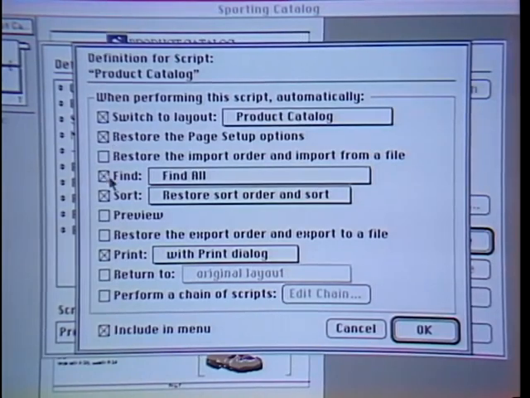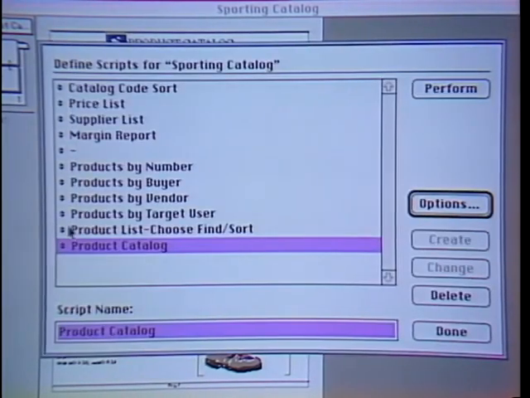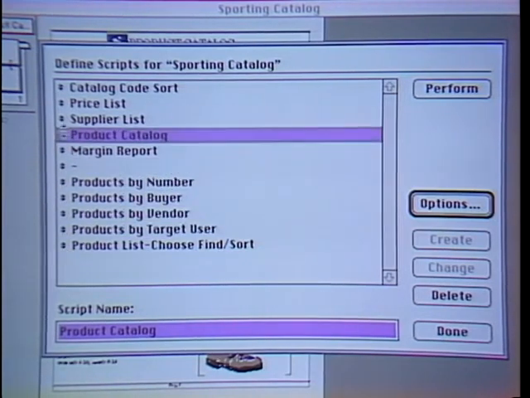Now, FileMaker's been watching my operation, so it knows that I switched to the layout called Product Catalog. That's what I printed from. It defaults to do things like restore the page setup, and I can do things like find and sort. I can import and export data like I did. Rather than print, I'll check off print and click on preview so that I see it on screen before it might actually be output. I'll click OK, and you can see my product catalog script is now available,